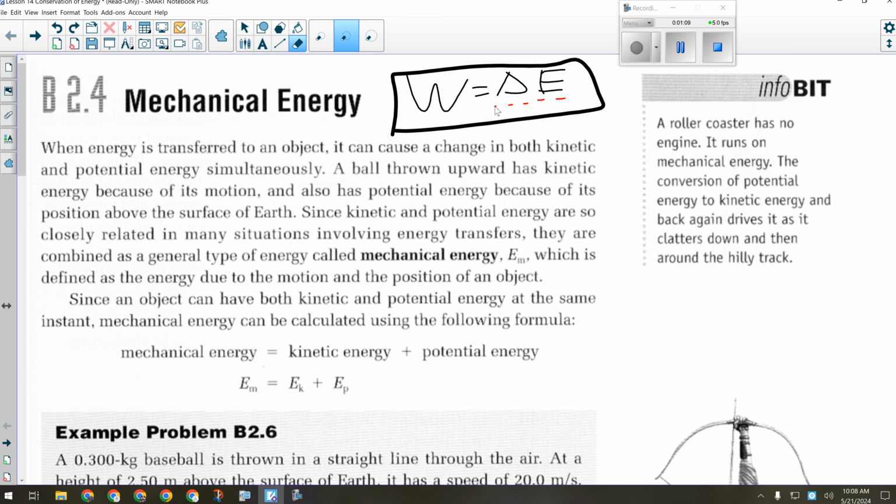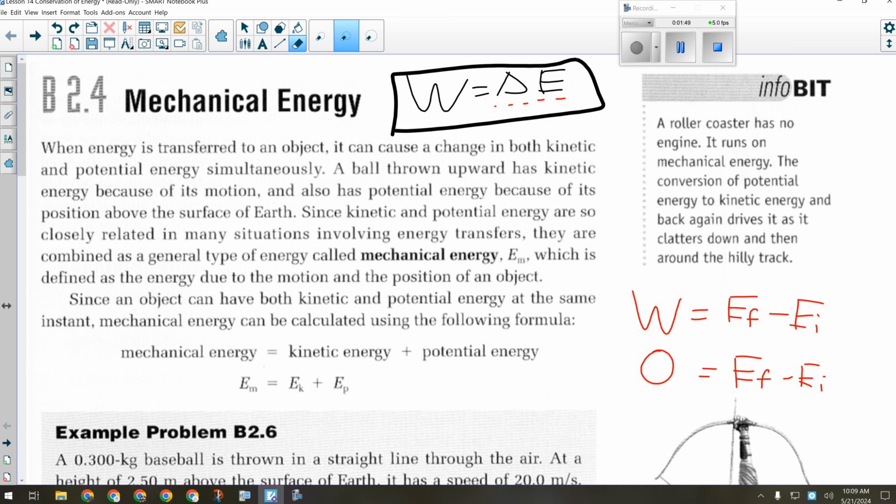So let me ask you this. If work is a change in energy, that means that work equals the final energy minus the initial energy. Right? That's what we've been working on the last few weeks. What if there's no work done? What if work is 0? What does that say about these two numbers? They're equal. They may both well be 0. Who knows? But either way, they're equal.